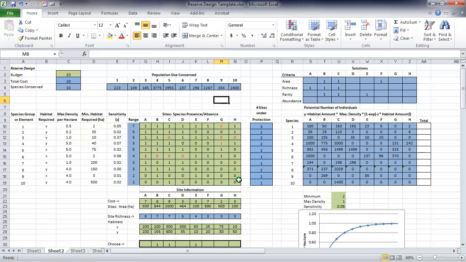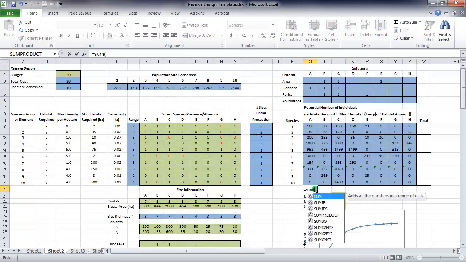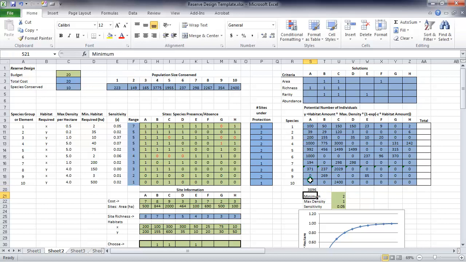How do we choose our sites using abundance as a criteria? Well, this brings in all kinds of interesting options. The first and easiest one might be just to simply sum the total number of individuals that are present regardless of which species, and we'll do that in cells S20 over through cell Z20. So if we used abundance as our criteria, then we might just look for the site that will hold the most numbers of individuals. We would start with site C,